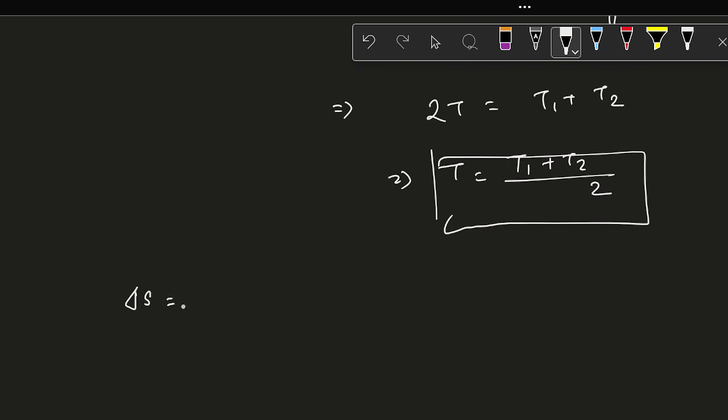So again, total entropy change is delta S, which is the sum of delta S1 plus delta S2. That means from water body A and water body B, you have to separately take the entropy change and sum both of them together to get the total entropy change. So this is equal to, now delta S1, what will be the expression? So this is basically dq1